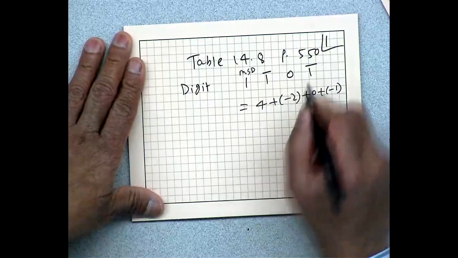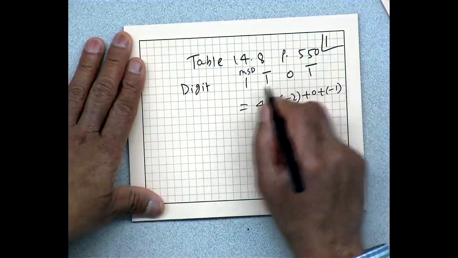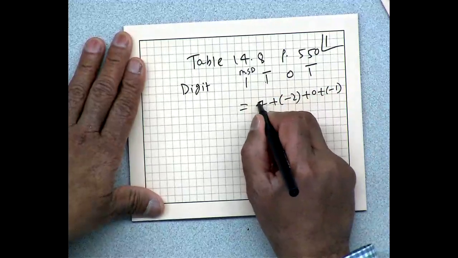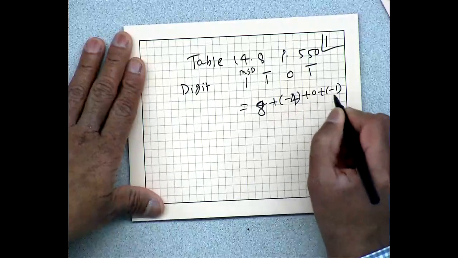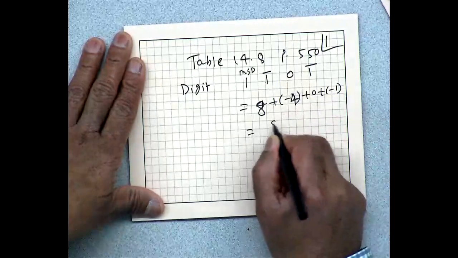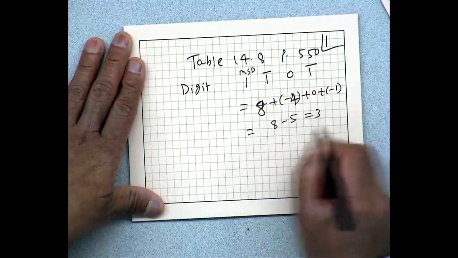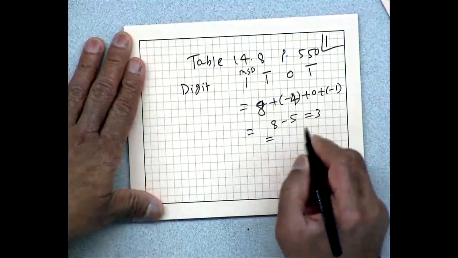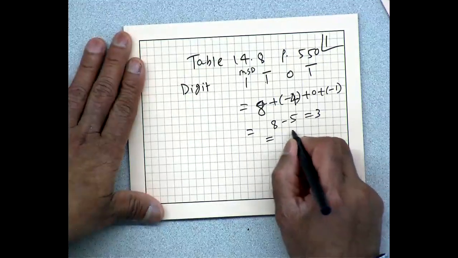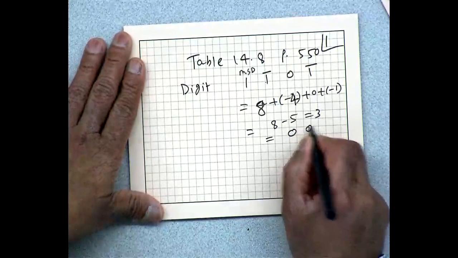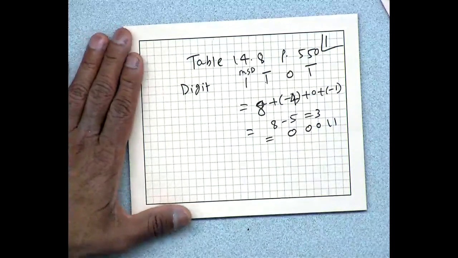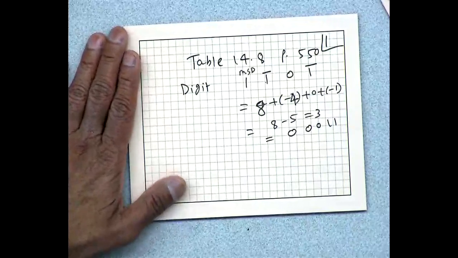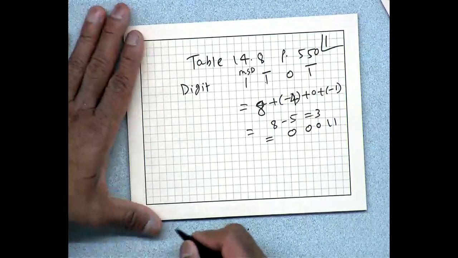something doesn't look right. 1, 2, 4, 8. So this is weight 8 minus 4. Okay, so that's 8 minus 5, which is 3, which in a 5-digit number representation will be 0, 0, 0, 1, 1. So that's the result we expect to see. Okay, very good.